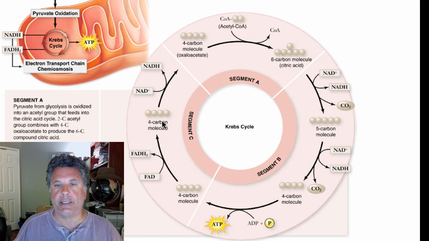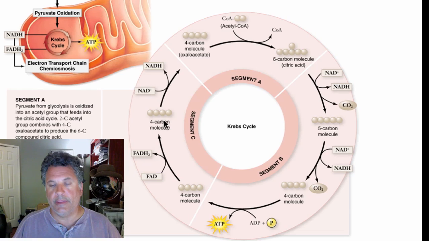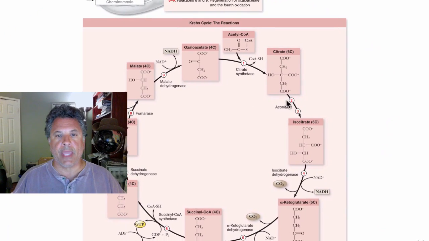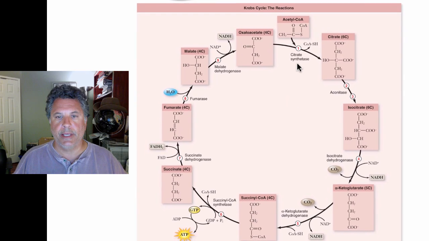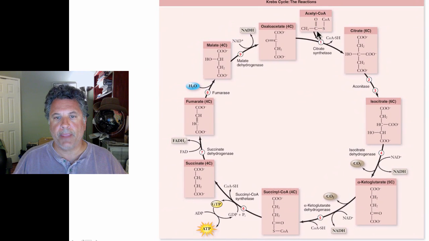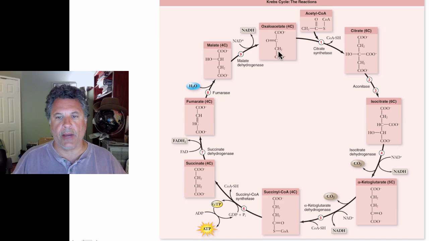But before we do that, I want to take a little more detailed view of the Krebs cycle. And here it is now looking at the chemical formulas. So here comes acetyl coenzyme A, and these 2 carbons are the carbons that were contributed by pyruvate. And those 2 carbons are added to this carbon right here of oxaloacetate. So the 2 carbons from acetyl coenzyme A are right here.